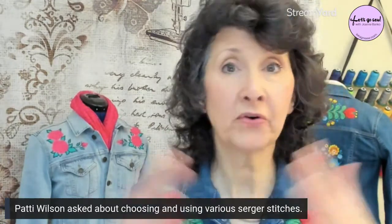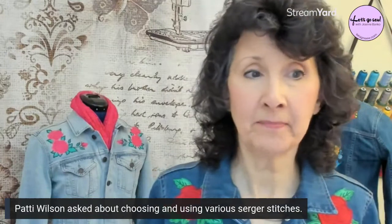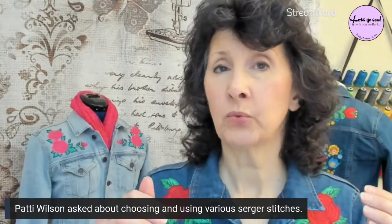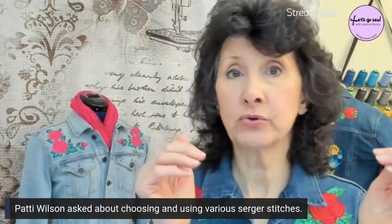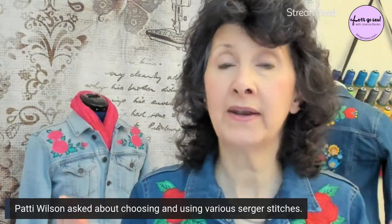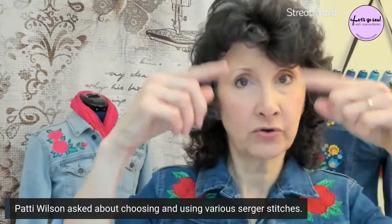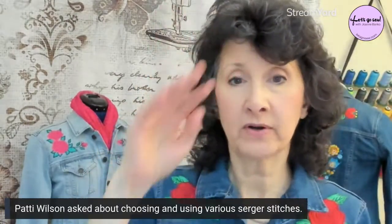Rolled hem is another whole topic again. Patty asked basically what the difference is between a rolled hem on a serger and a rolled hem on the sewing machine, as far as when you would choose which one. Well, my basic short answer is if you want that rolled hem, which is a very narrow hem, turned under with a very narrow amount of fabric rolled to the wrong side,